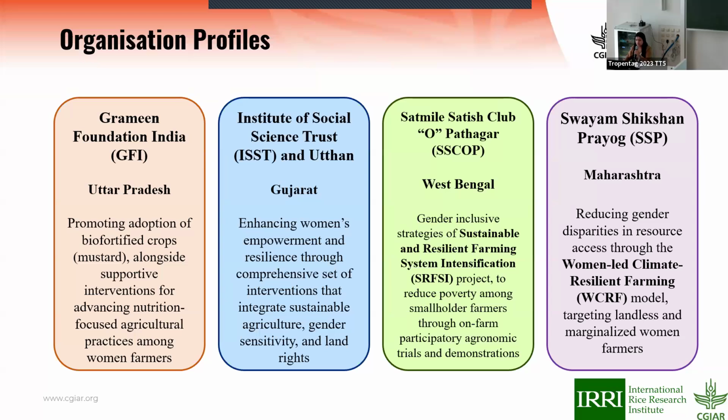So one was working toward the promotion of biofortified crops. The second, ISST, these two names are there because these two organizations were together working in the state of Gujarat, where their purpose was to enhance women's empowerment and resilience through a comprehensive set of interventions, including various aspects. And then the third one, SSCOP, which was working in West Bengal, their purpose was